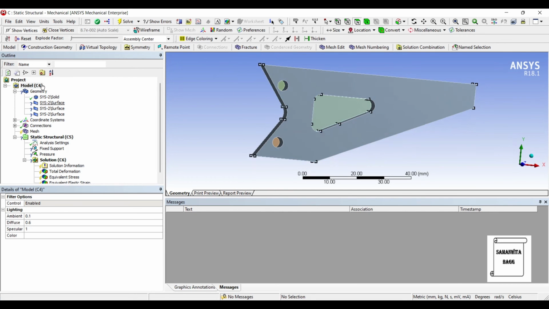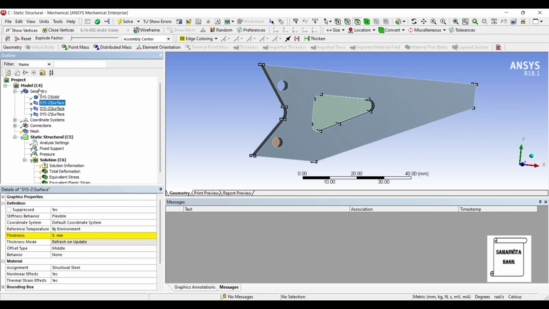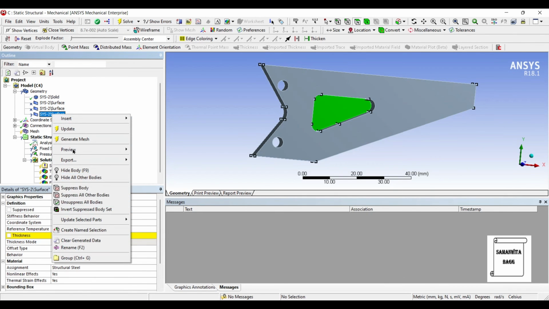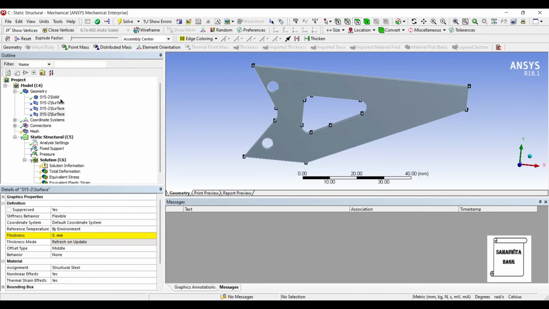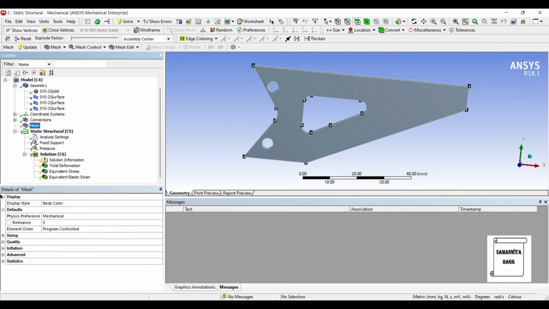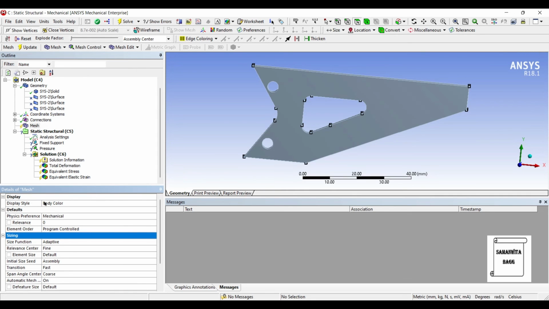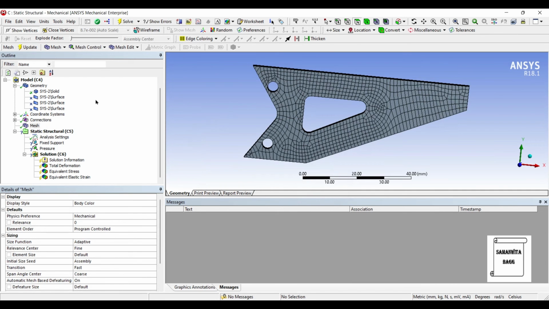So when you go to the geometry, you can see the surface is being seen. So you can just suppress the surfaces, and what would remain is the solid then. Now you can see here all the parameters have been taken from the static structural one. So we'll just have to go to mesh. You can see here it is already selected as fine. Just click on update. The meshing will be done.